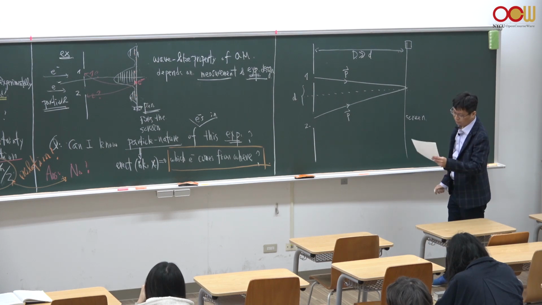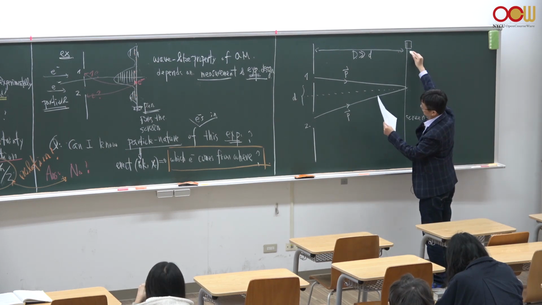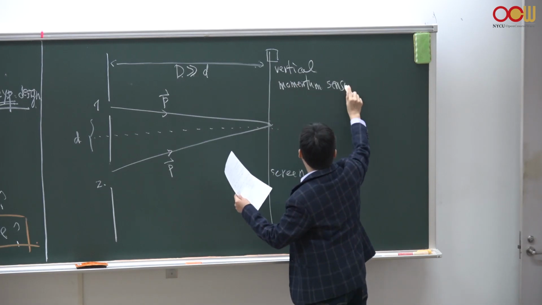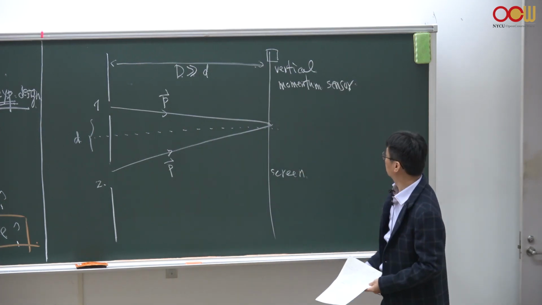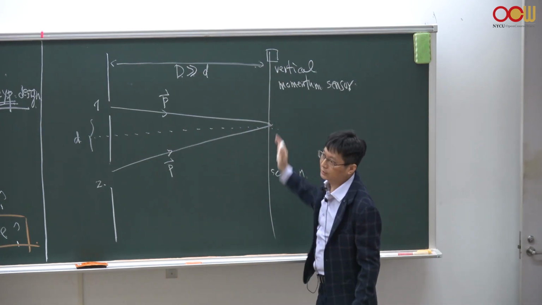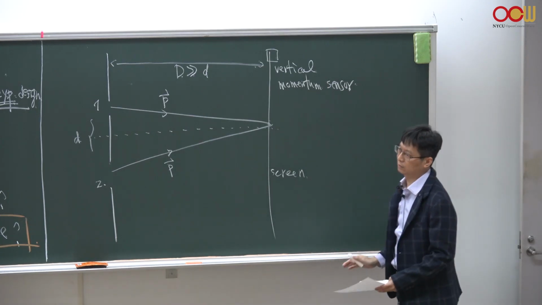And you could put a sensor here. This sensor detects the momentum of the particle that hits the screen, where the screen is movable along the vertical